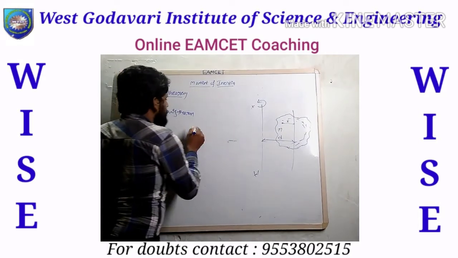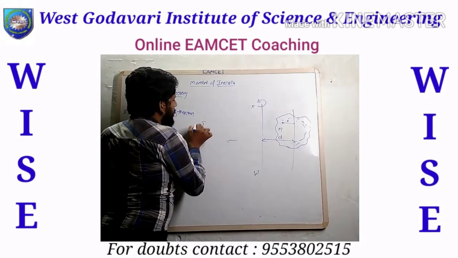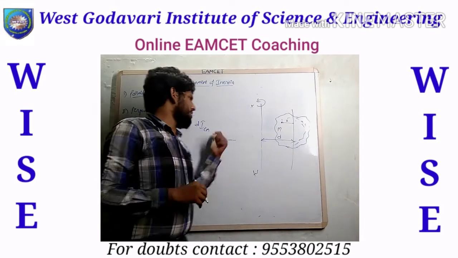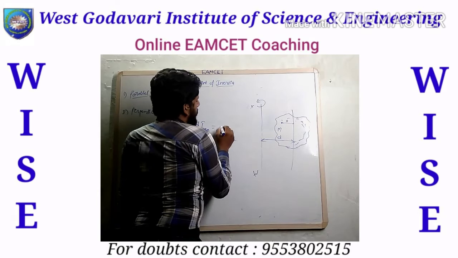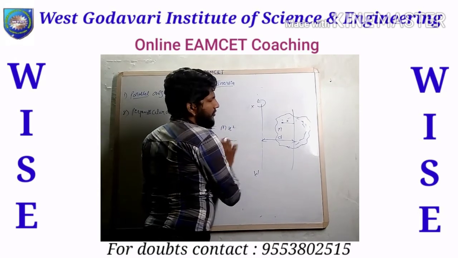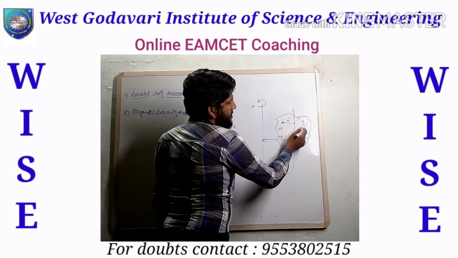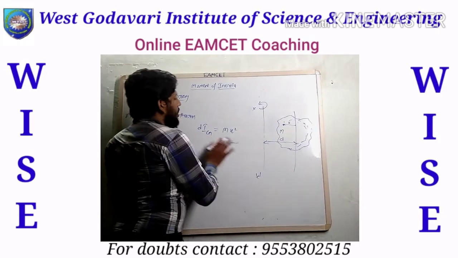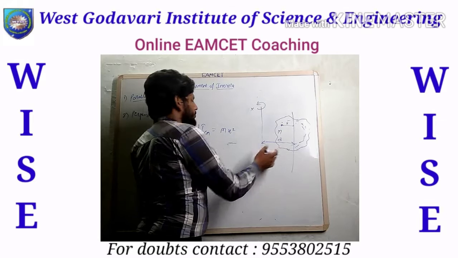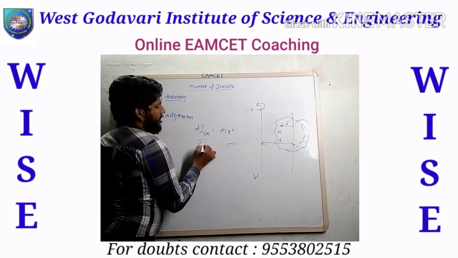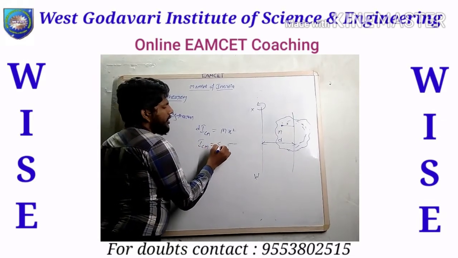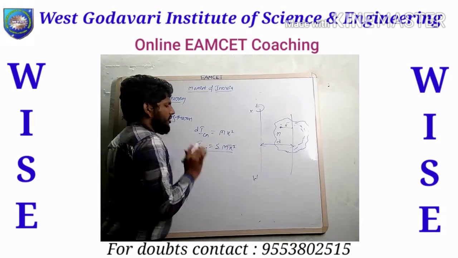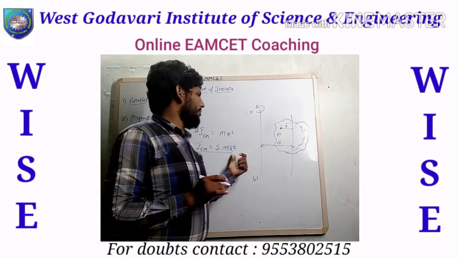Okay, that small body with its own axis. For that axis we have the equation dICM equal to, that means center of mass, which is going to be rigid. dICM equal to mass into the square of distance. That means mass is here, axis is here, distance is x. Mass into x square. If you want to multiply with the number of all masses, then you can write it as sigma: ICM equal to sigma of mass into x square. This is the equation here, ICM equal to sigma m x square.